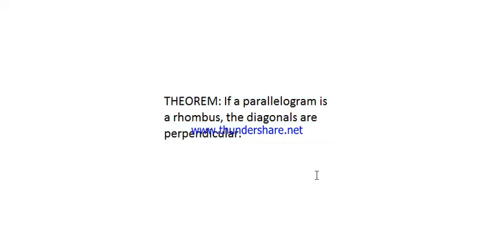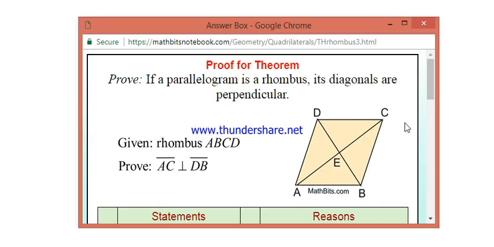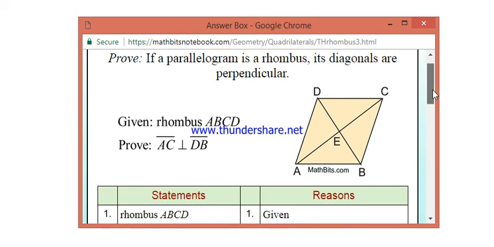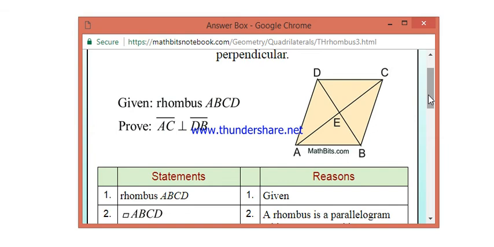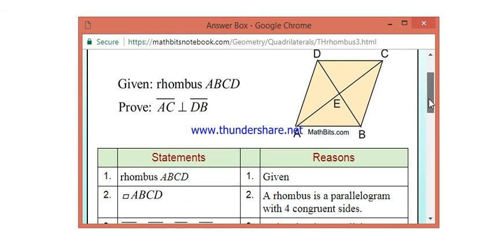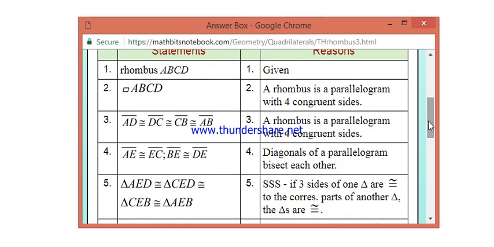Next statement, we're going to prove if a parallelogram is a rhombus, the diagonals are perpendicular. This is the proof. Prove if a parallelogram is a rhombus, its diagonals are perpendicular. Given rhombus ABCD, prove diagonal AC is perpendicular to diagonal DB. Statement number 1, given. Number 2, rhombus ABCD, and its reason is a rhombus is a parallelogram with 4 congruent